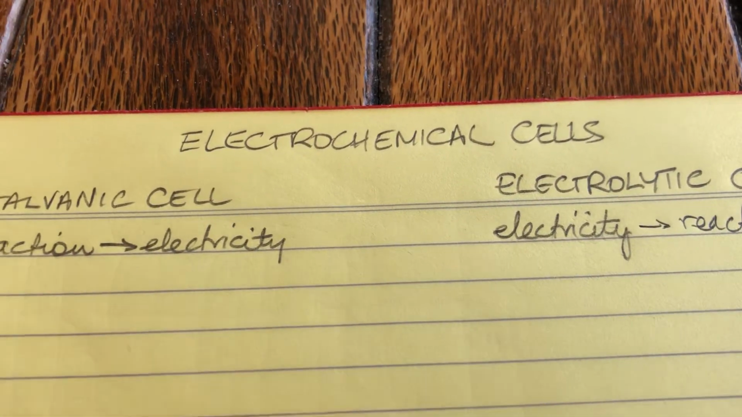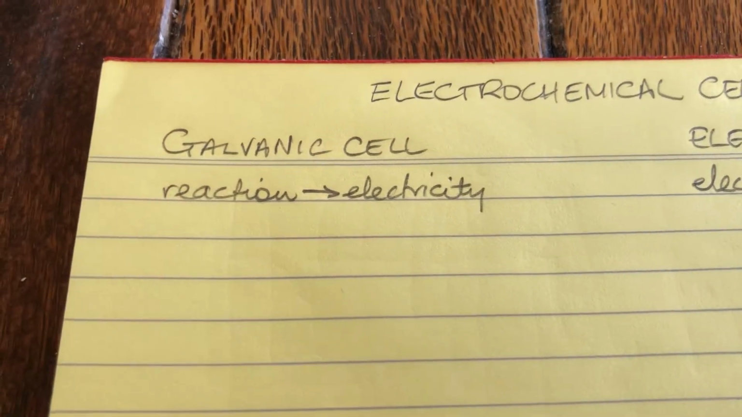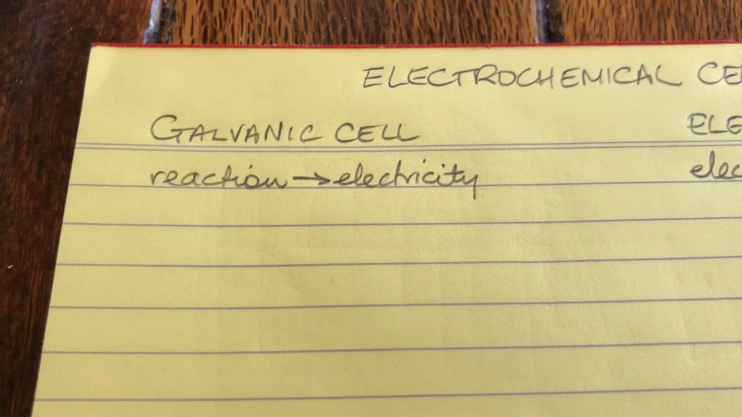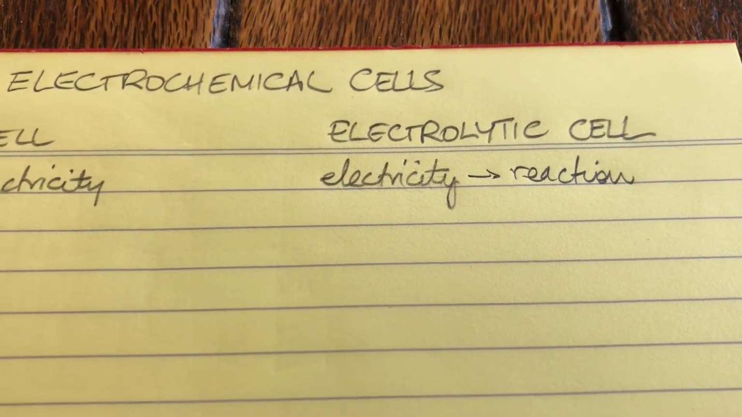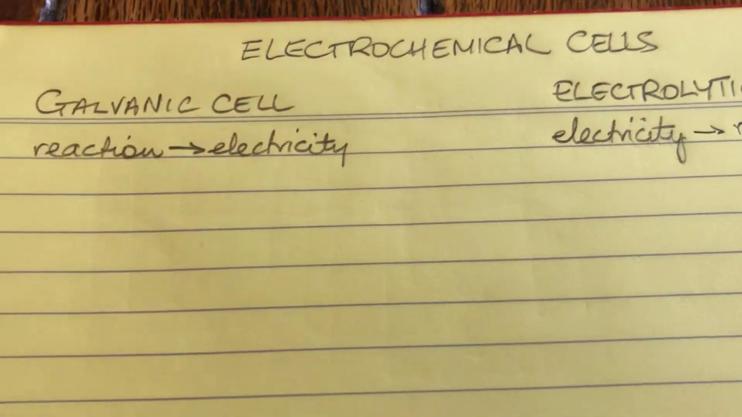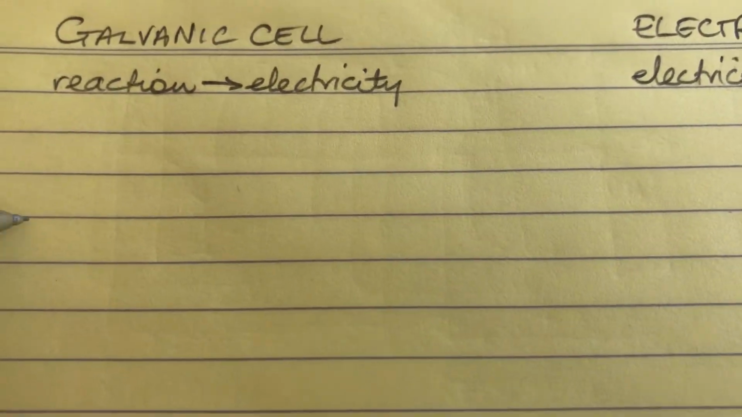Okay, I want to explain electrochemical cells. Electrochemical cells are of two types: a galvanic cell, in which a chemical reaction is used to produce electricity, and an electrolytic cell, in which electricity is used to drive a chemical reaction. Now, in a galvanic cell, you have two half cells